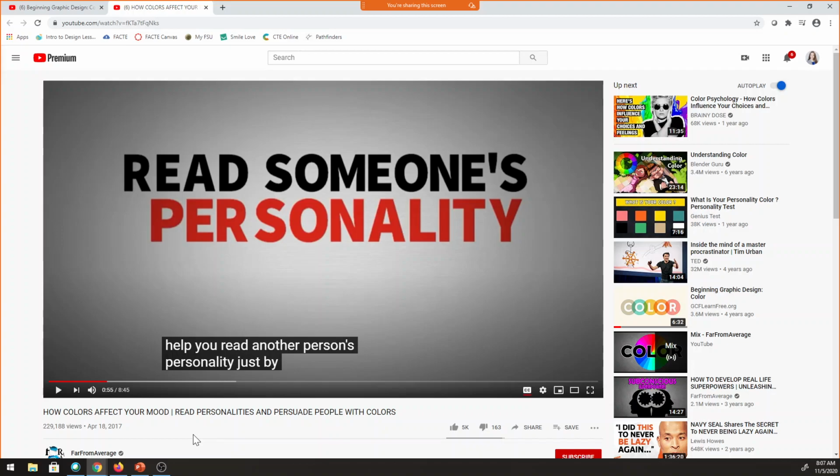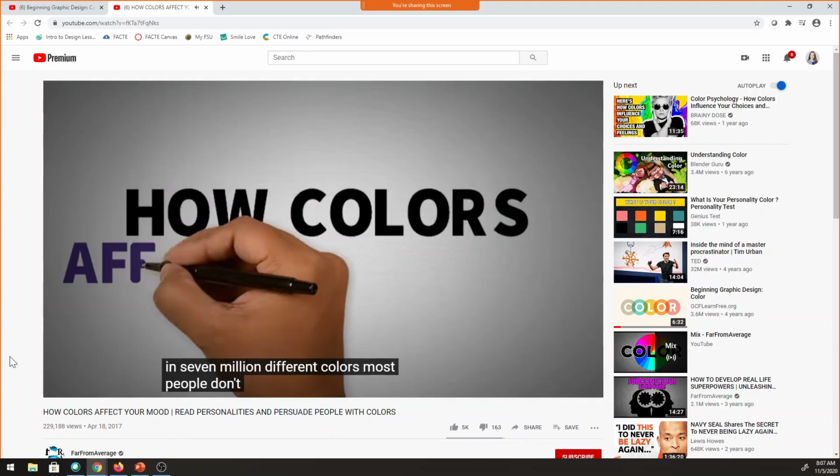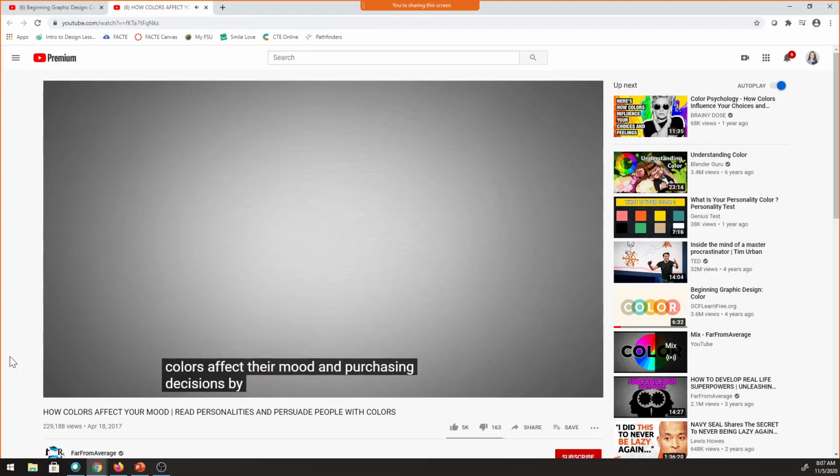by looking at the color of their car. Although we see the world in 7 million different colors, most people don't have the slightest clue how colors affect their mood and purchasing decisions. By wearing certain colors, you can make people feel a certain way, which could help you succeed in a variety of different situations. For example, imagine you have an interview tomorrow and you really want the job, but there is